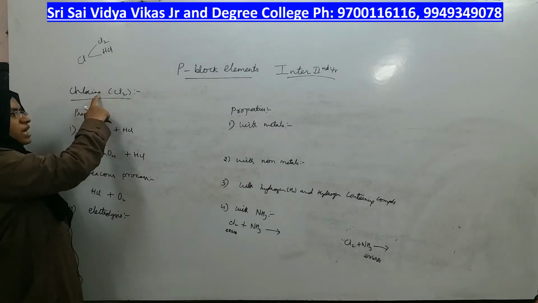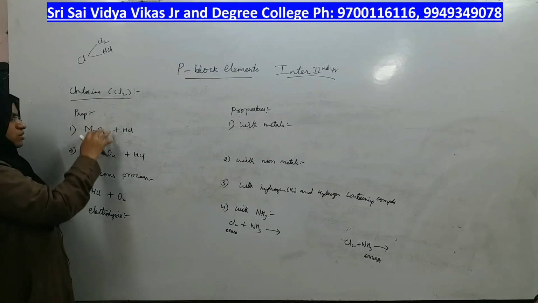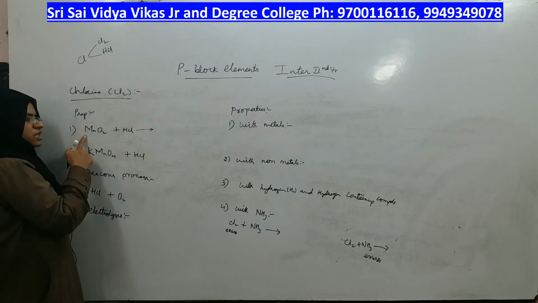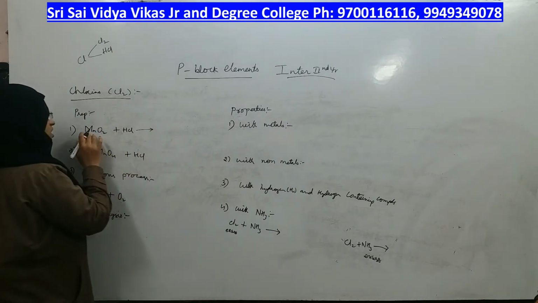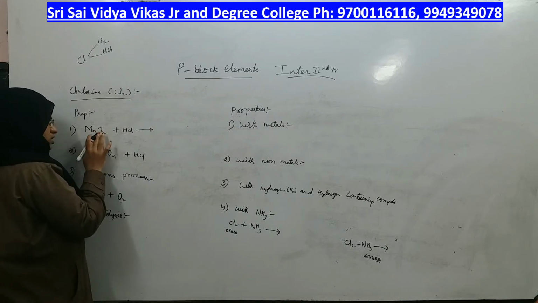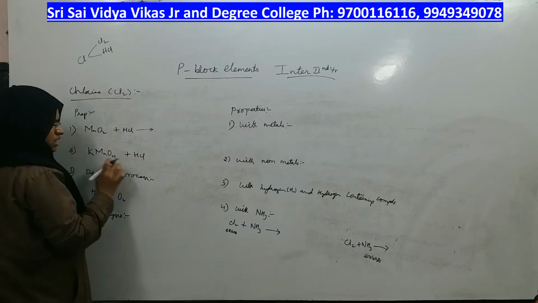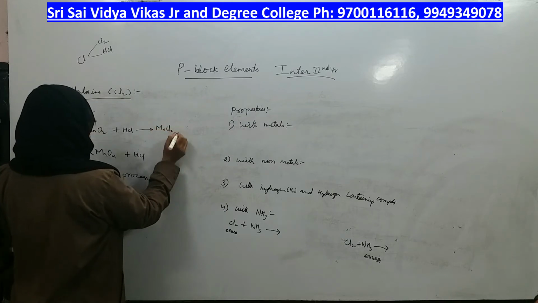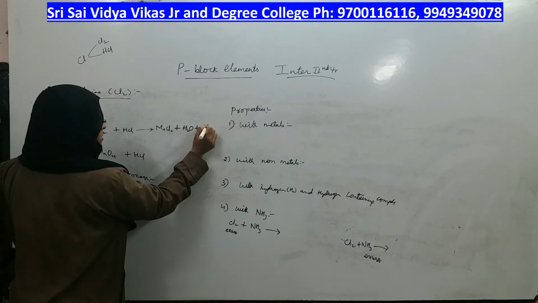Chlorine is a gas, a pungent smelling yellow colored gas, right? So its preparation also should be accordingly. How can you prepare chlorine? By heating oxides with HCl or hydrochloric acid, right? If you take an oxide, mostly manganese only, manganese oxide or potassium permanganate, with HCl, what do you get? You get MnCl2 salt and water and even chlorine gas.